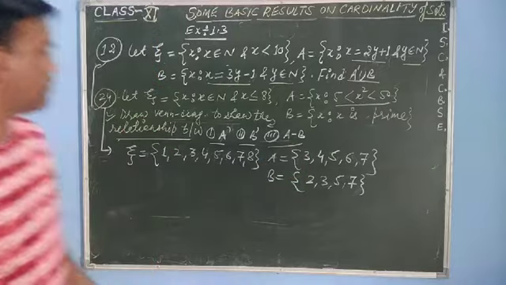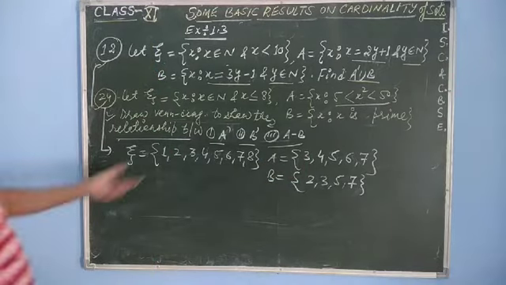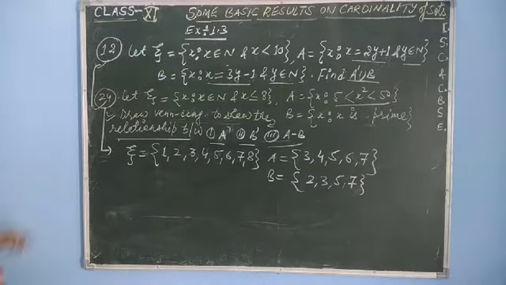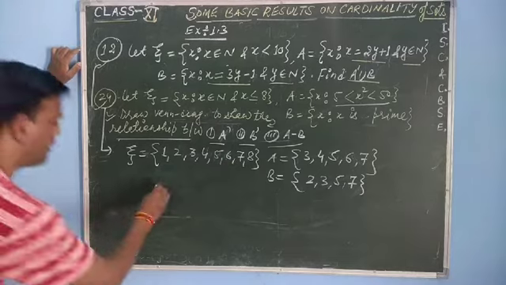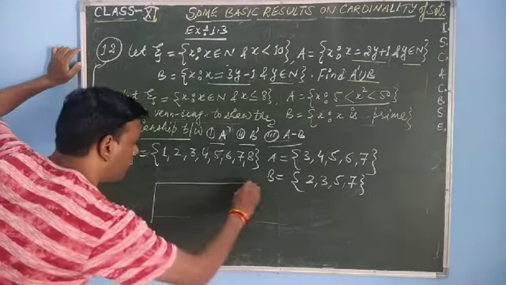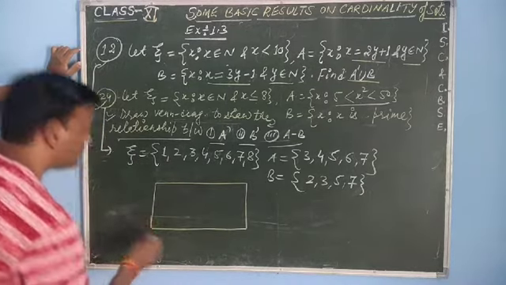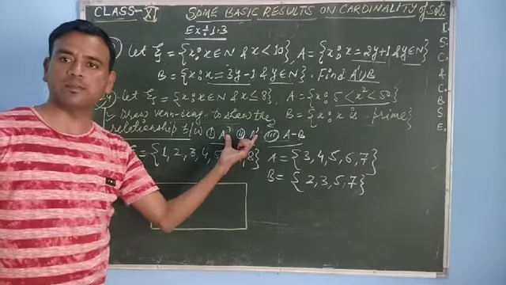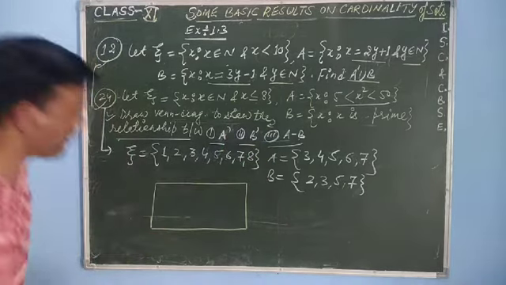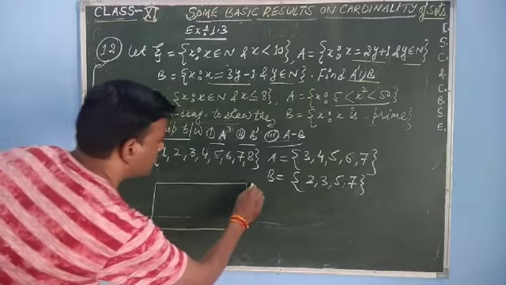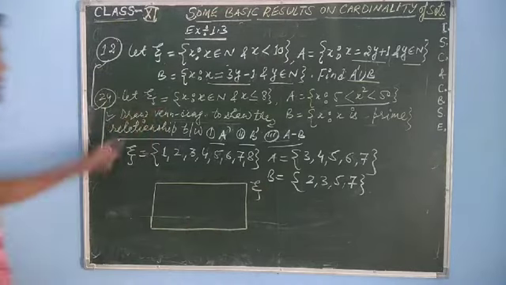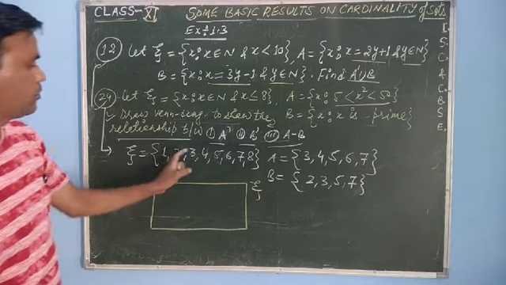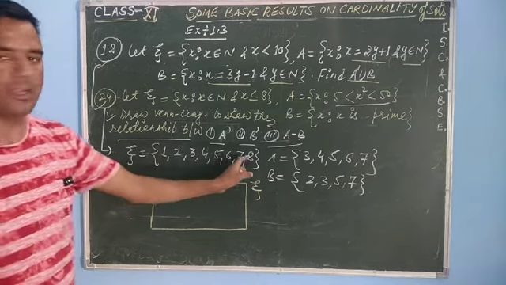Now see here, we have to draw a Venn diagram using these results. So students, if I draw a Venn diagram without finding mathematically all the results A dash, B dash, A minus B, I am not finding these mathematically. So using the Venn diagram, I will try to find all of these. Suppose this is the universal set E, and it is given as 1, 2, 3, 4, 5, 6, 7, 8.